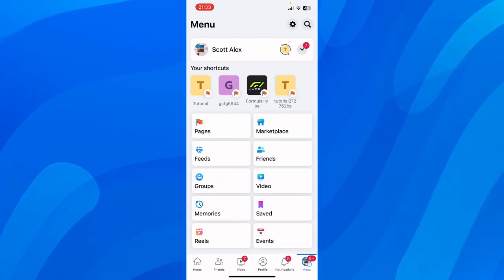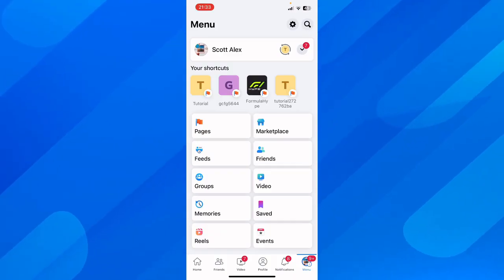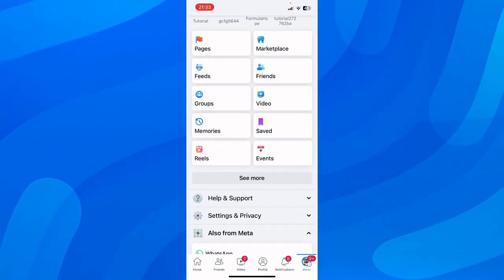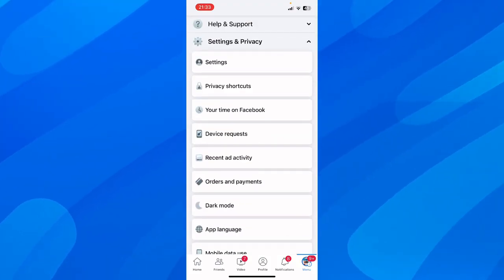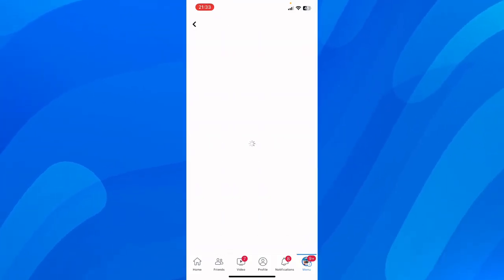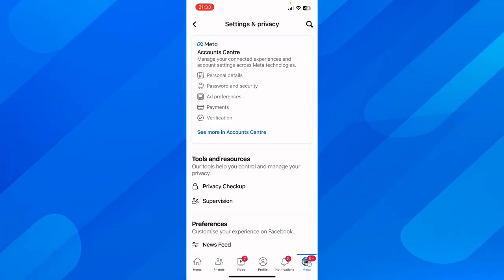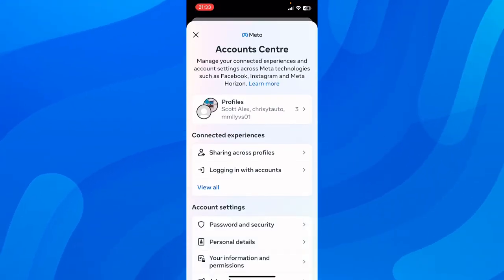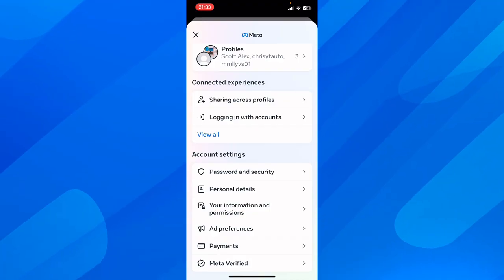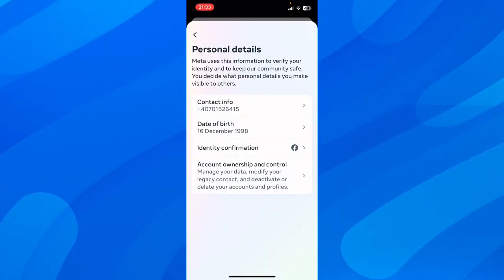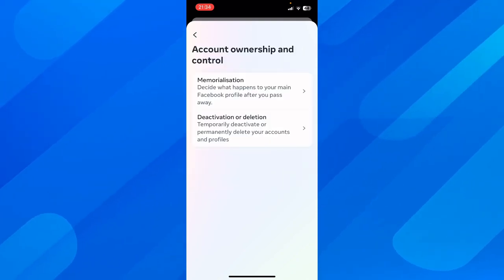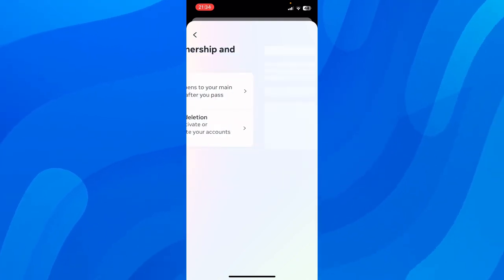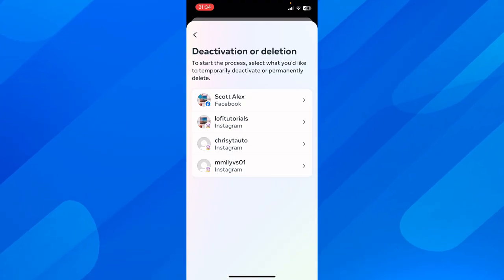is simply go to menu and then simply scroll down and tap on settings and privacy, and then here you have to simply tap on settings, and then here you have to simply tap on account center, and then simply scroll down and go to personal details, and then here you have to simply tap on account ownership and control, and then simply tap on deactivation, and then simply choose your Facebook account, and then here you have to simply